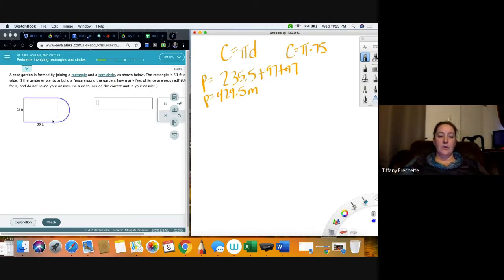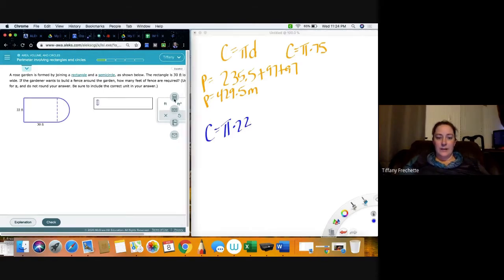All right, so we know we have this rectangle, but we don't want to count this side. What we want to figure out is this semicircle. So we need circumference equals pi times diameter. So we know we have pi, and then diameter is this dotted line here. Remember, this dotted line is the same length as the other side of the rectangle, which is 22. All right, so we get